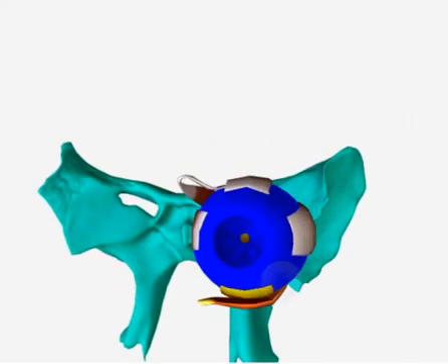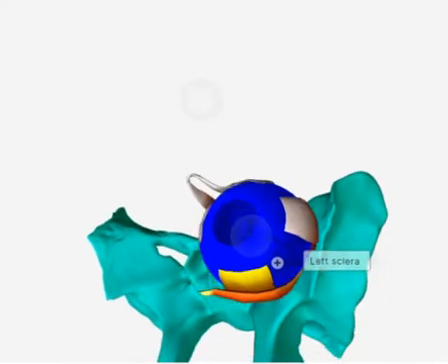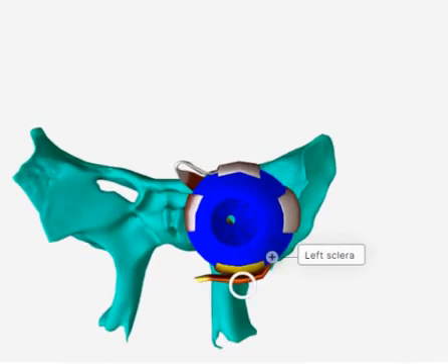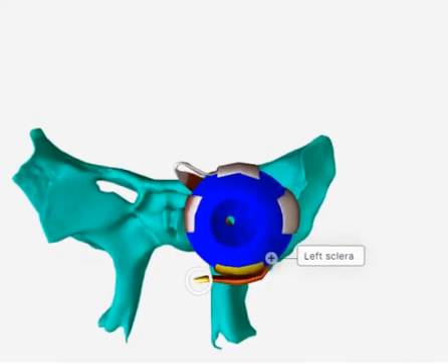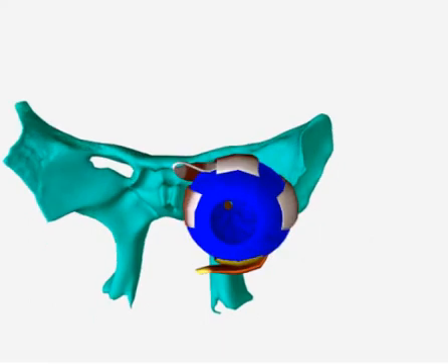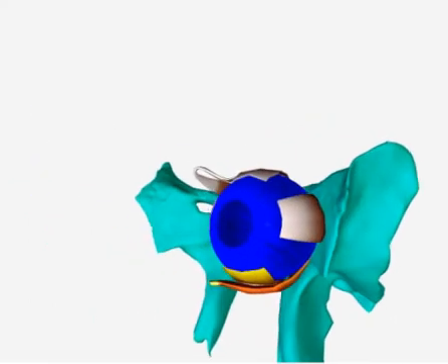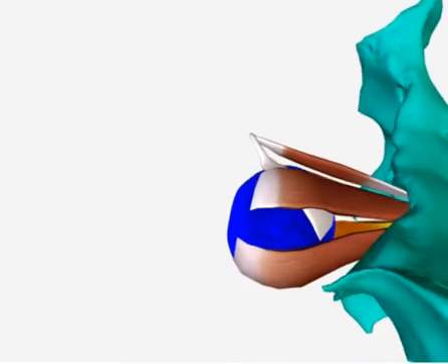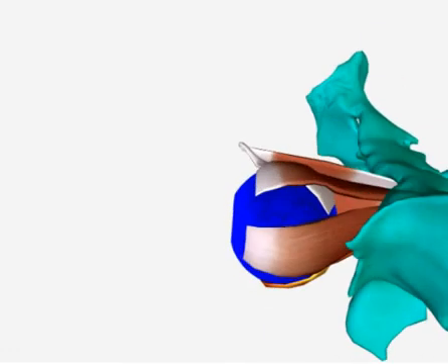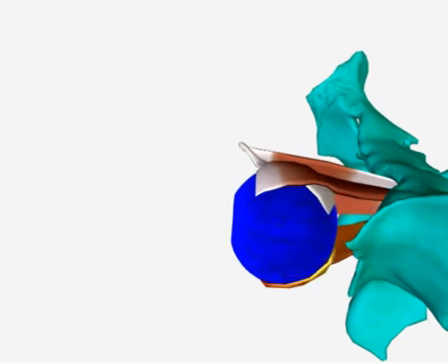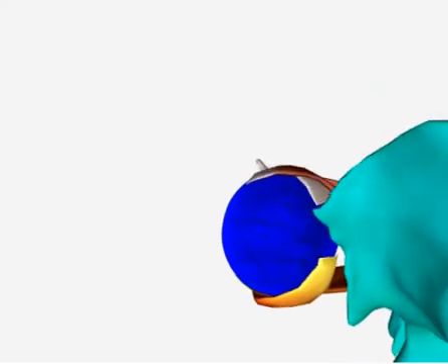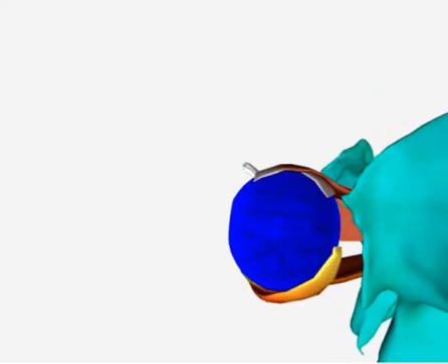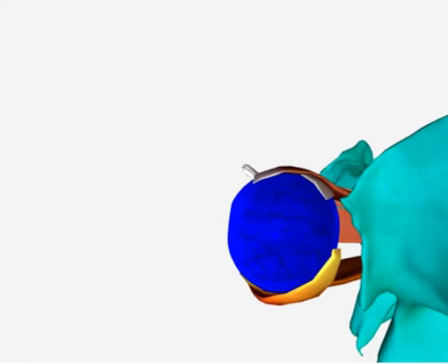Right. Next is the inferior oblique muscle. You can see over here, this inferior oblique muscle is going to originate from the maxilla, and it will pass above the inferior rectus muscle and go posteriorly and attach on the sclera just beneath the superior oblique muscle. So here is the attachment. This is inferior oblique and this is superior oblique.